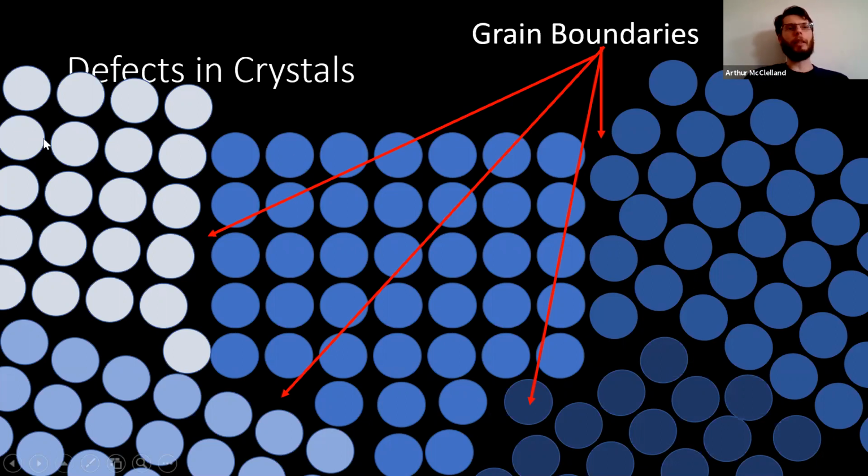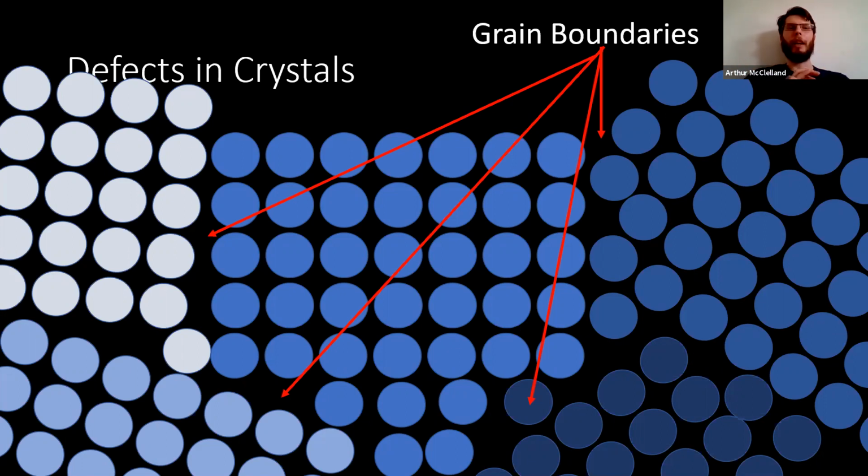If we imagine an electron being conducted along this row of atoms, and then suddenly it has to change its momentum a little bit to go along this row, and then it gets here, and then it sort of has to figure out how to hop and then go along this row. These grain boundaries are going to add resistance, which is going to add heat to the system. The grain boundaries can be sites for other defects. They can be recombination sites. People engineer grain boundaries, passivate grain boundaries, try to make single crystal materials. It's something to be aware of.